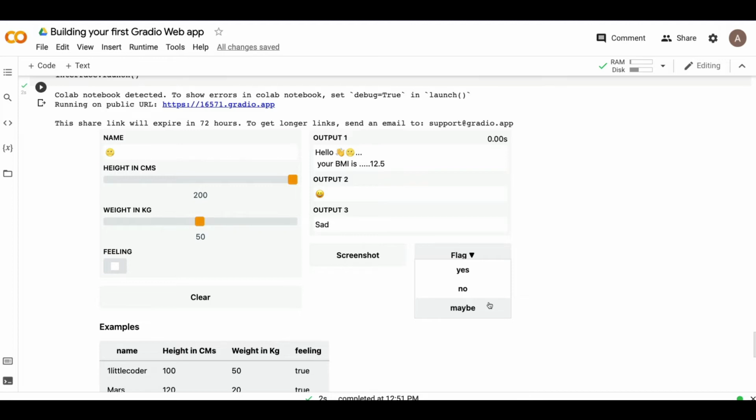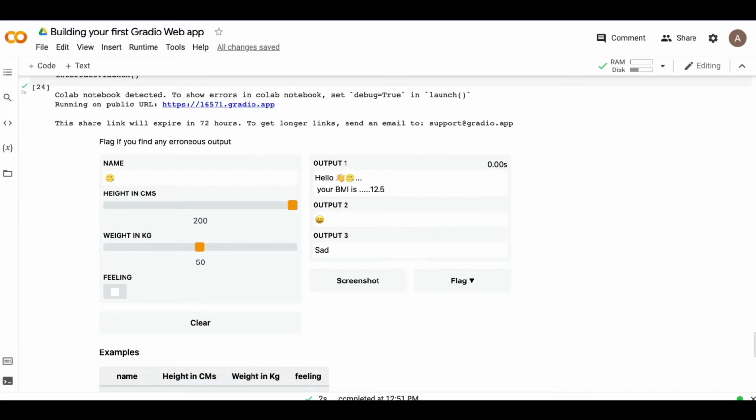Again, flagging options is extremely helpful, because you can use it for something more than what flagging is supposed to do. So far we have seen live application, and also different options in flagging.